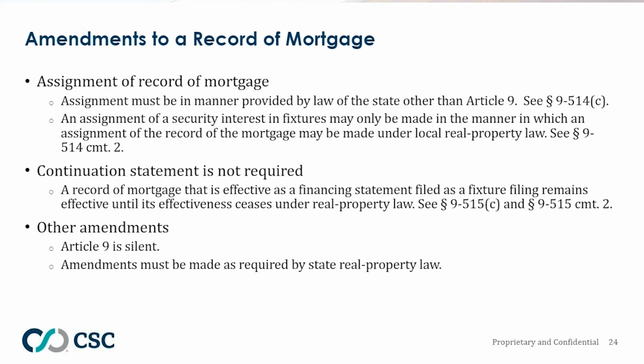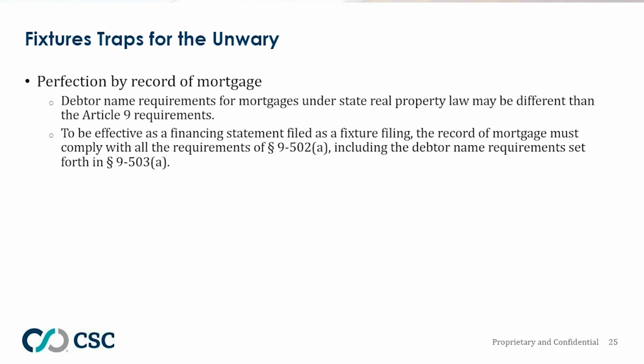Now, there are some traps for the unwary out there when it comes to fixture filings. Again, I mentioned some of the issues of perfection by a record of mortgage. The debtor name requirements for a mortgage or deed of trust under state real property law may be different than the Article 9 requirements. One example that stands out is what's required when the property is held in a trust. It is not unusual in real property records and under real property law for the name provided on the mortgage for the debtor or grantor to be something along the lines of Jane Doe as trustee under deed of trust dated